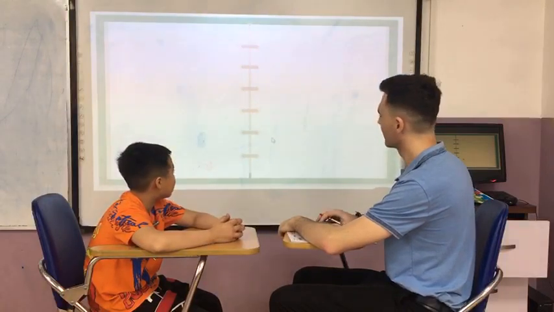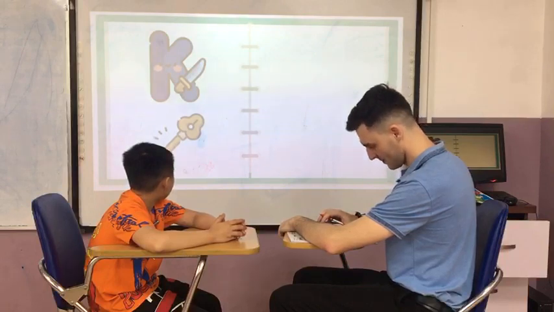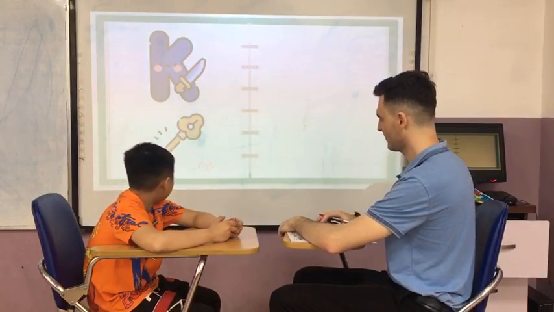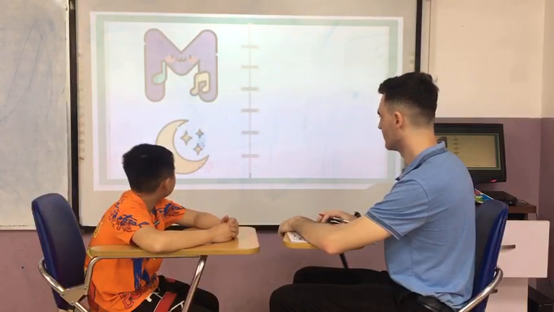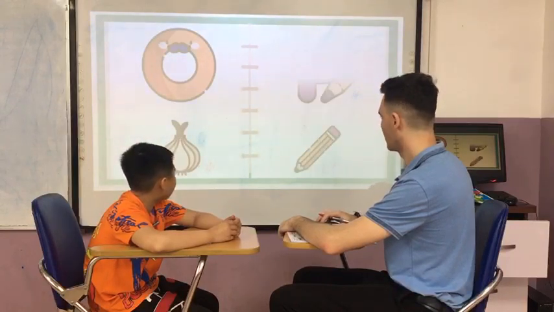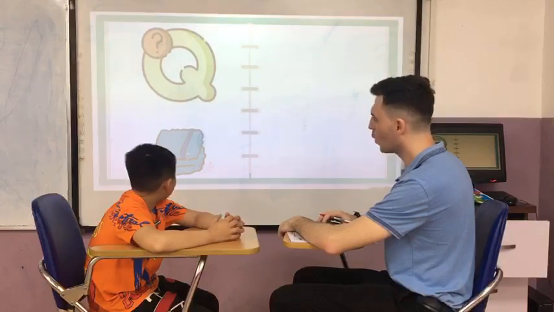Jacket. Key. Key, lion, moon, nose, onion, pencil, queen, quilt.